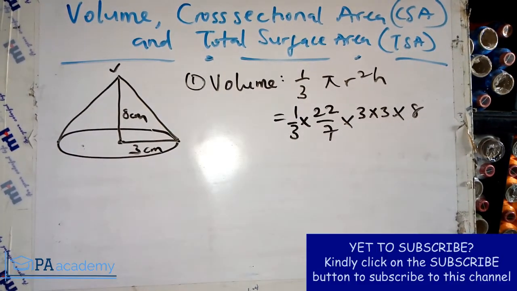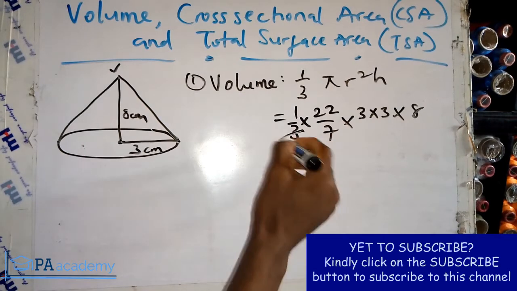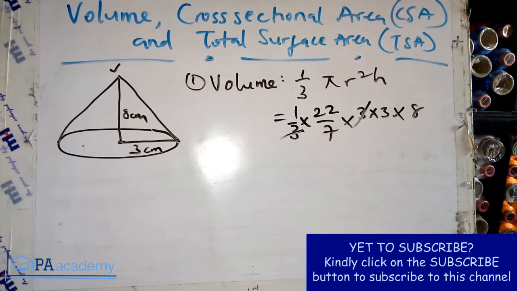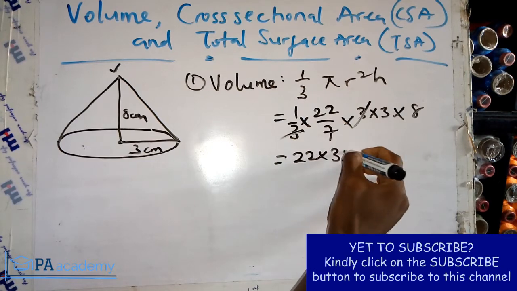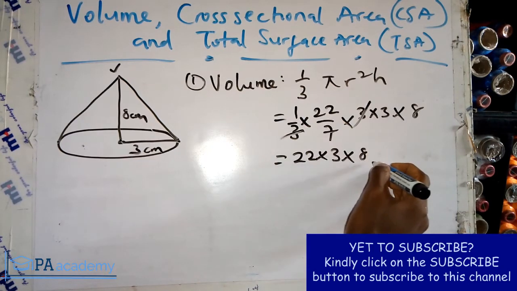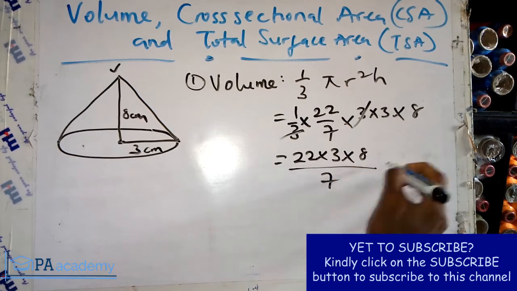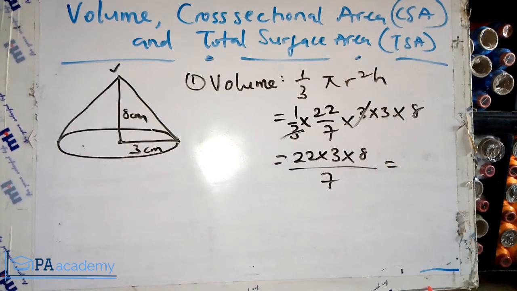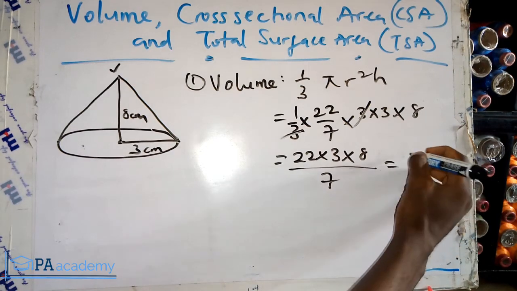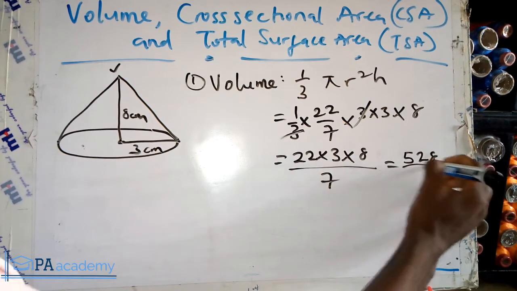So since we know what we are looking for and we have our diagram, now let's put that into our calculator. Right here, this 3 can cancel this 3. So we'll be left with 22 times 3 times 8, that's all, over 7. So let's do that. That'll be 22 times 3 times 8, so that's 528